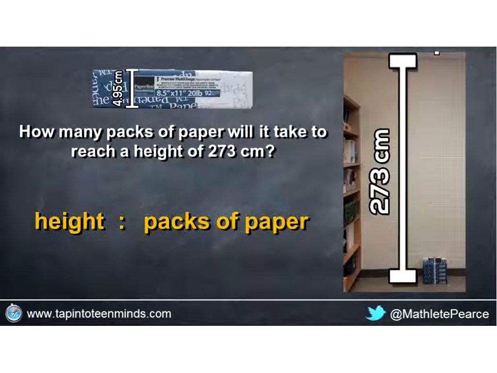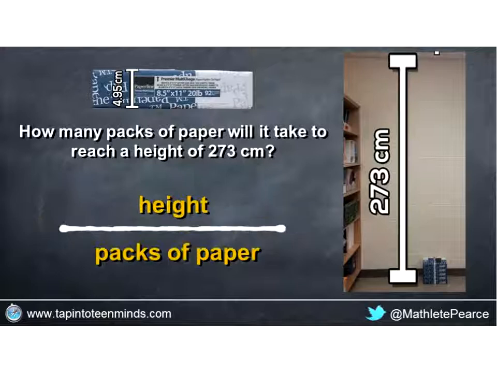But the other thing I want us to note here is that those 2 variables are the rate that we're talking about. We are talking about the height and packs of paper. This is a rate because we're dealing with 2 different units. And when we look at this as a rate, we can also look at this